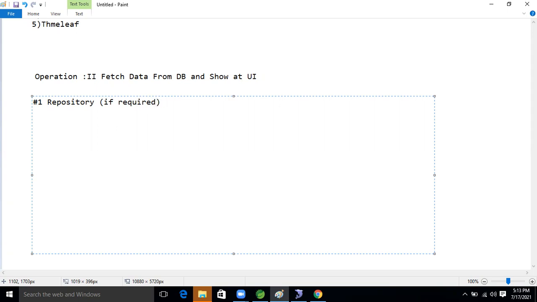If required, what will we do? We will use a predefined method.